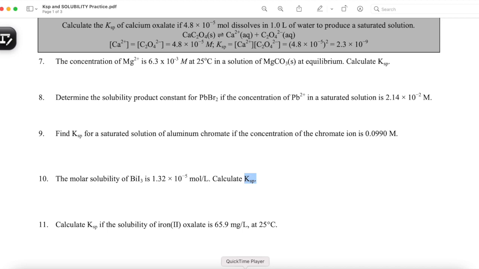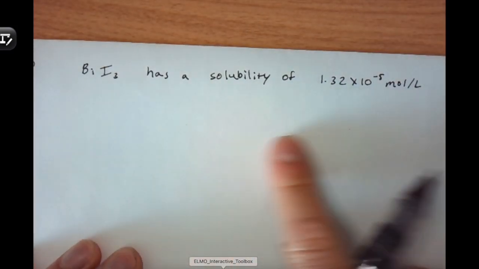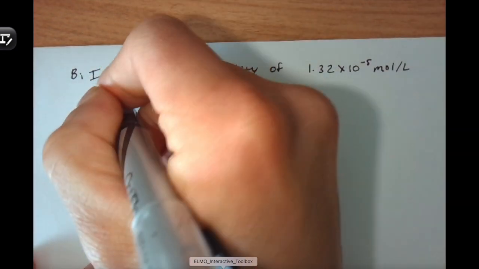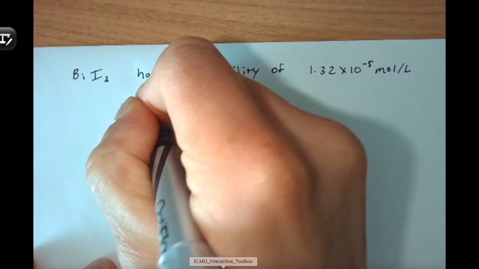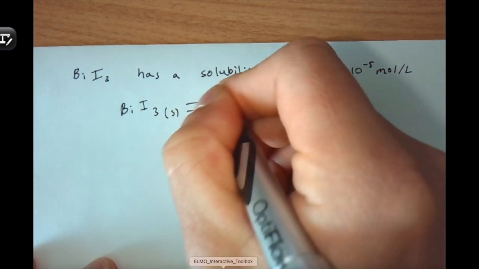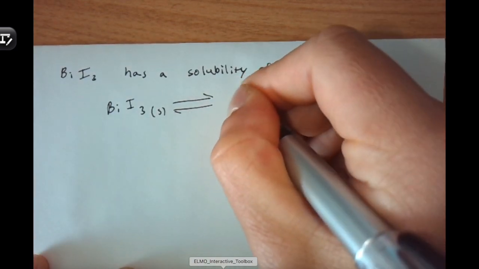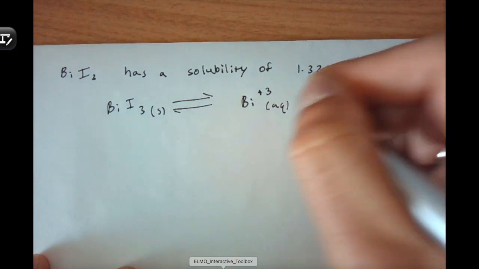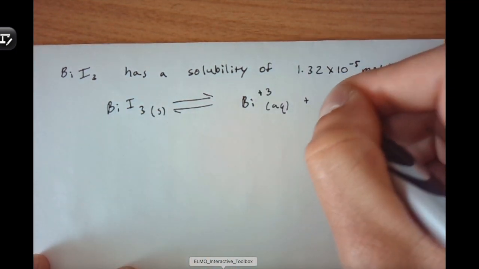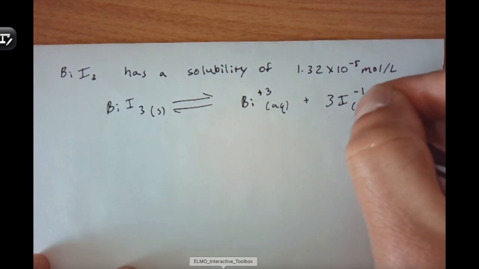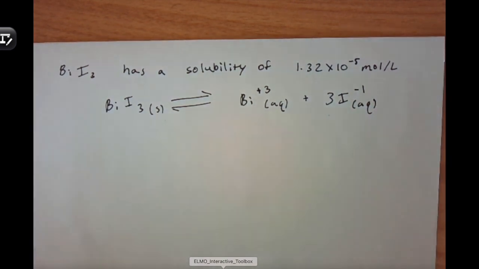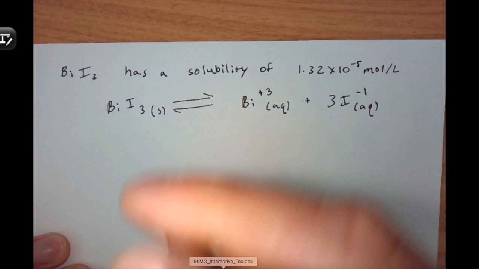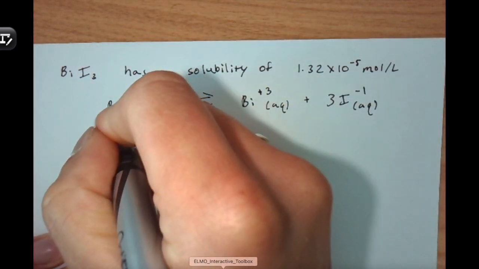Great, so I'm going to go back to my document camera, and I've written down this information. I'm not going to draw any more visuals because you should have enough practice by now, but if I start with BiI3 solid, when it breaks apart, it'll form Bi positive 3 aqueous, and it'll form 3 iodine ions that are -1 aqueous. From here, I can write my Ksp equation, or I can write ICE first. So ICE,